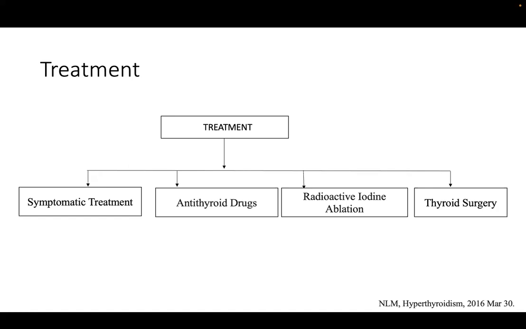You are destroying the thyroid. What kind of radiation is this? Radioiodine. It has two rays, gamma rays and beta rays. Beta radiation is what is causing the destruction. What are the two types of radiation? When radiation oncologists talk about radiation, what are the two things they talk about? Brachytherapy and teletherapy.